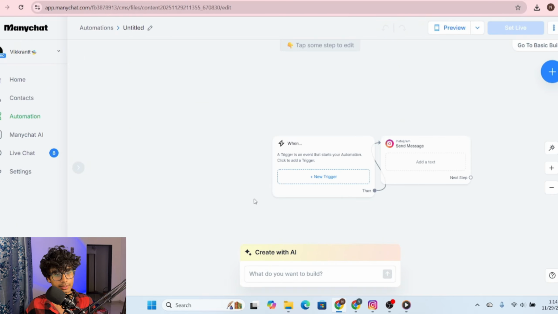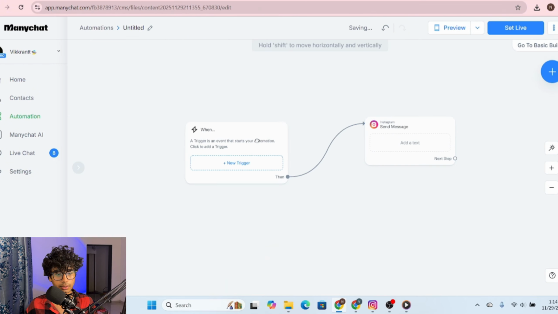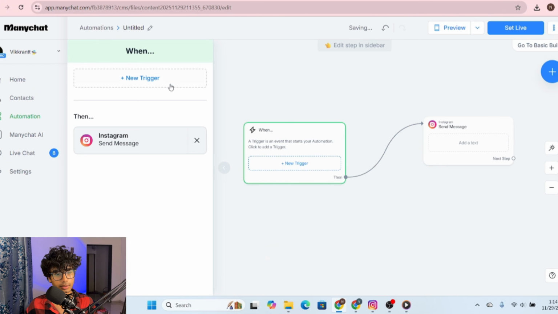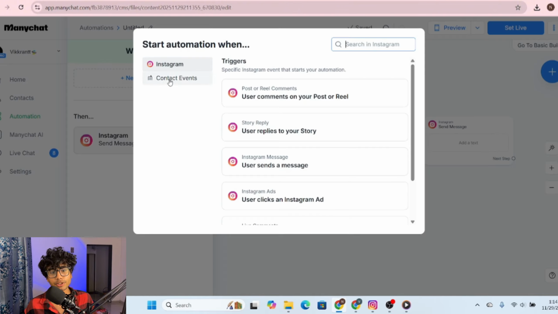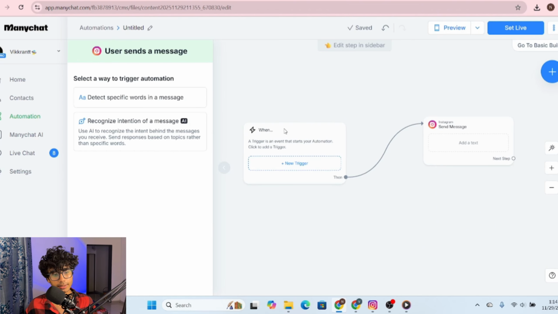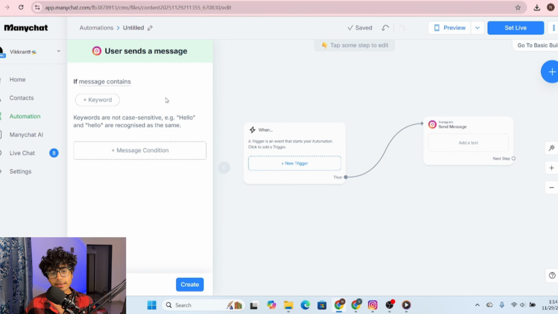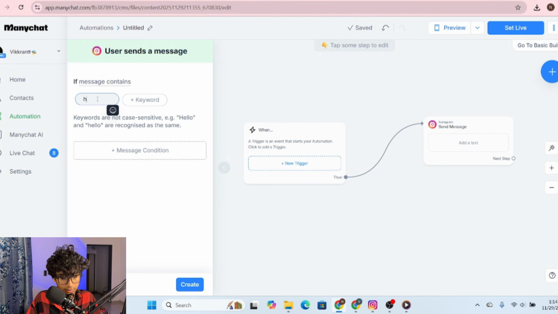All right, so you can see this is the canvas where we're going to build the whole workflow, and we're going to add this. Yes, so you can see this is the trigger node. A trigger allows you to start certain automations, so you can understand it's just like a switch button. So here we're going to add "user sends a message." Whenever someone sends a message, it can be anything. So for this I'm going to add if someone sends hey,